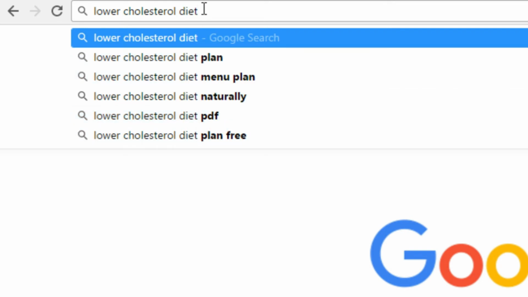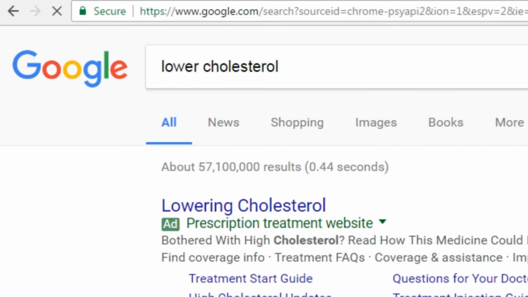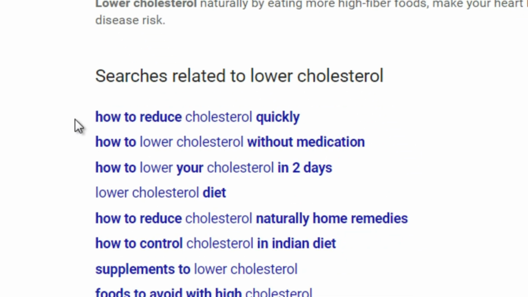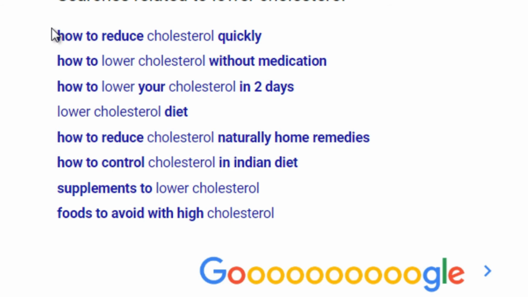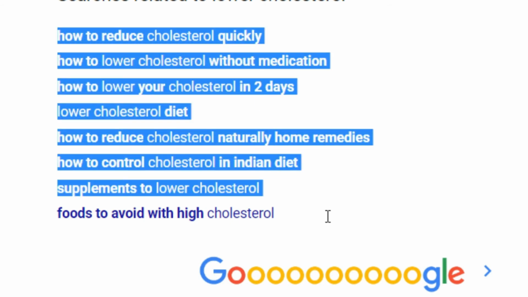Now, if I were to type in lower cholesterol, just flat out, and scroll all the way down to the bottom, you will see a larger list of searches related to lower cholesterol.